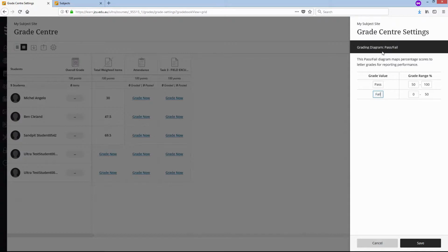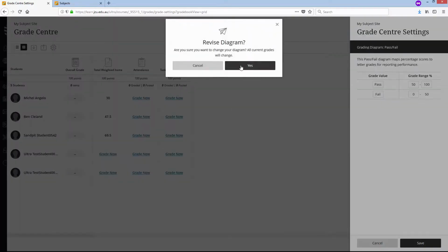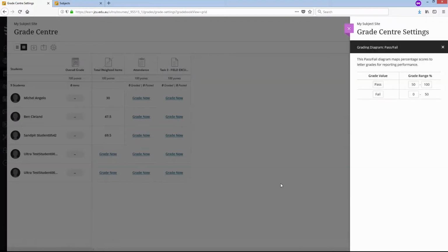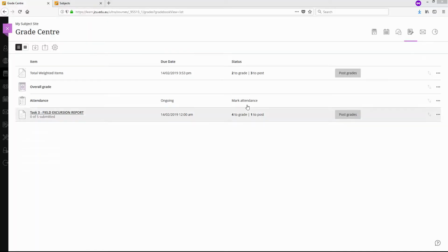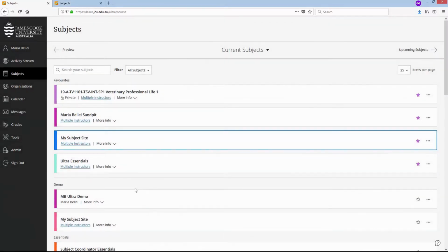Now, please make a mental note for yourself, or actually write it down, that these are the values you need to input. So when you're marking these students, 100 will mean pass and 0 will mean fail. That's the easiest way to remember for me. I'll give that a save, and I want to say yes to revise diagram. And that is done. Now, once I've customized my diagram, I need to go back into my assessment, so back into my subject site,